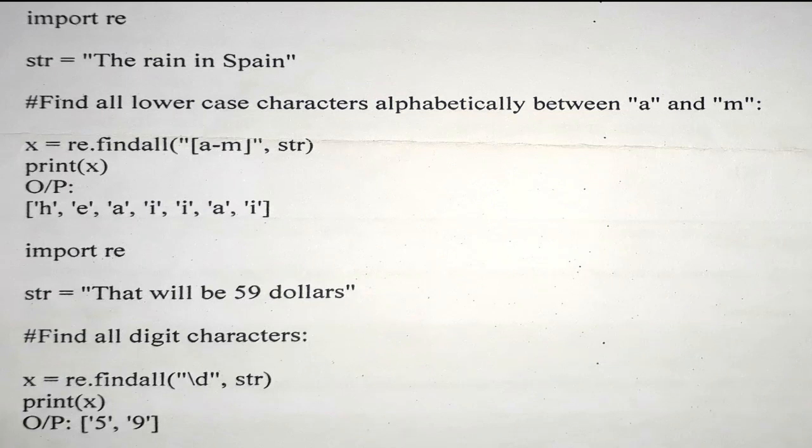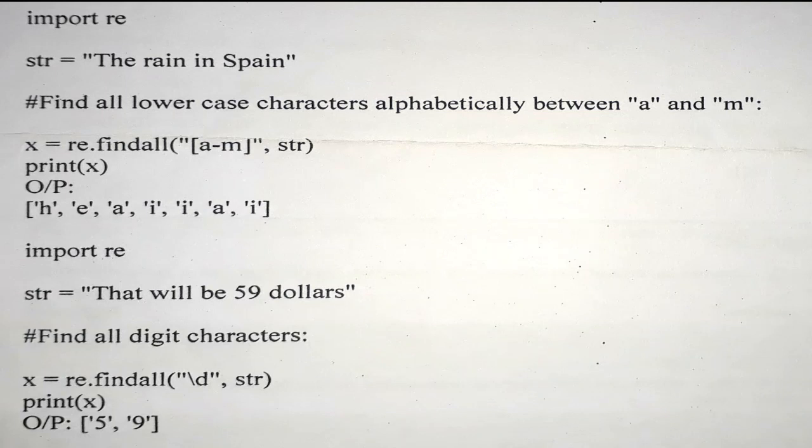So now this is one more new method which we are using. In the last example we have seen the search method, if we want to search for a specific pattern, and now we are having findall, meaning now I want to display all the characters which are between a to m. So for the same I am making use of the findall method, because this particular method will find all the characters which we have specified in the pattern and store them in the x variable. So if you see the output, by printing x, we got the output in list format.